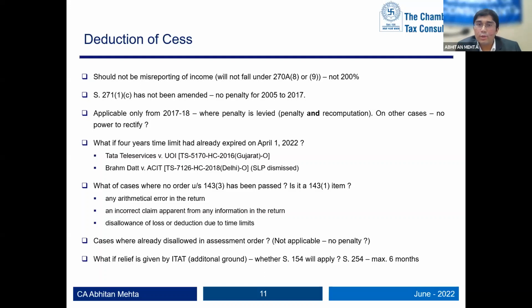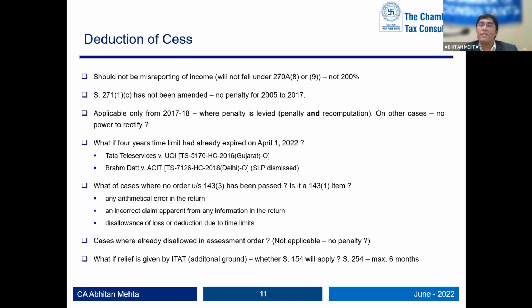Now coming to a few of the technical points. One is that it will not fall in misreporting, because the clauses of 270A(8) and (9) broadly are for, say, bogus expenditure, or something which you cannot substantiate. Those 7, 8 clauses which are there, on a close analysis, one feels that this is not something like that; this was a judicial decision being followed. So it is not a misreporting. It can only go to underreporting. So if at all 50%, not 200%. That is what one is looking at.